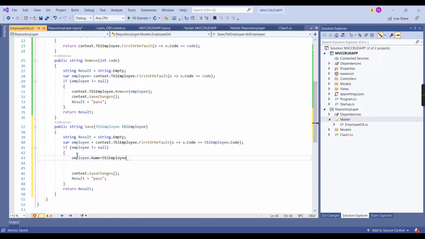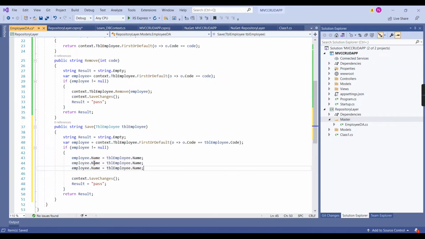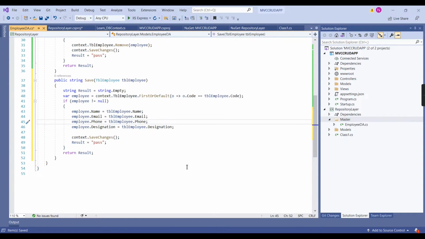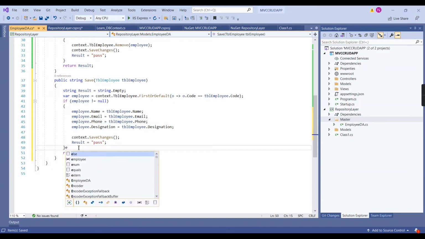So let me include name first. The same way we have three more fields. So the second one is email, and the third one is phone. The final one is destination. So now we have completed for any update operation. So in case it's a new record,